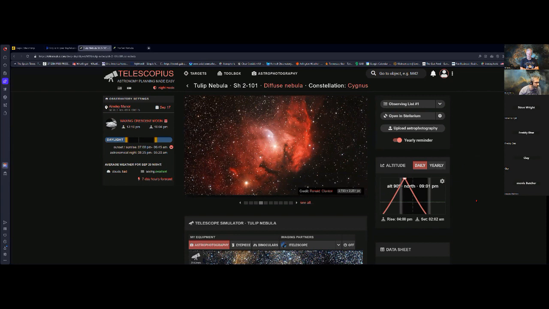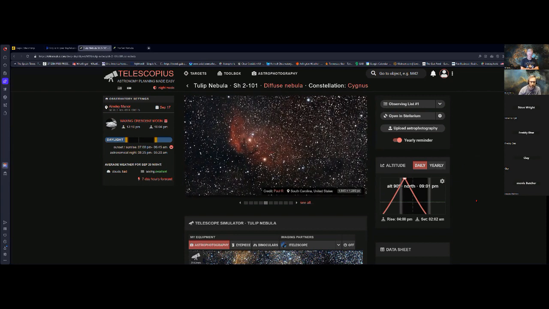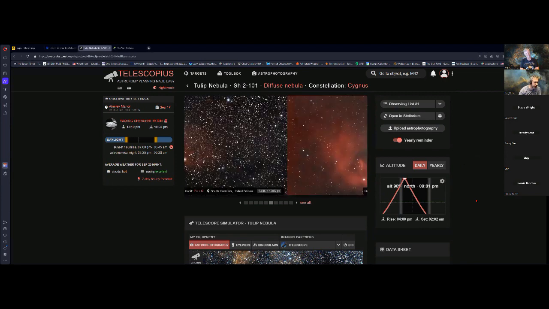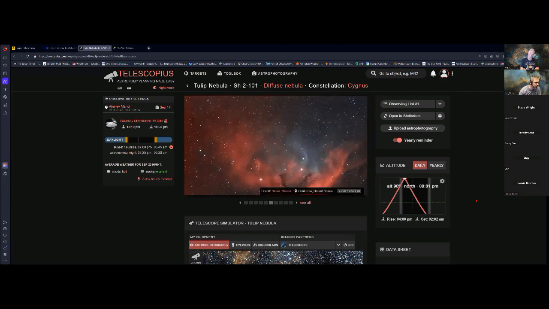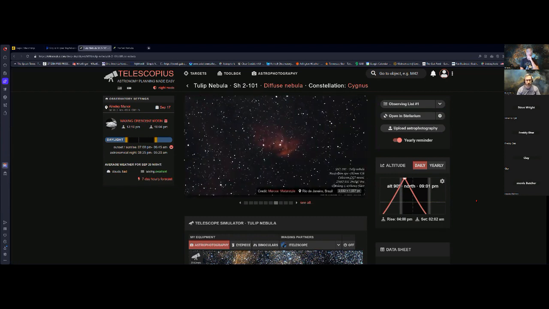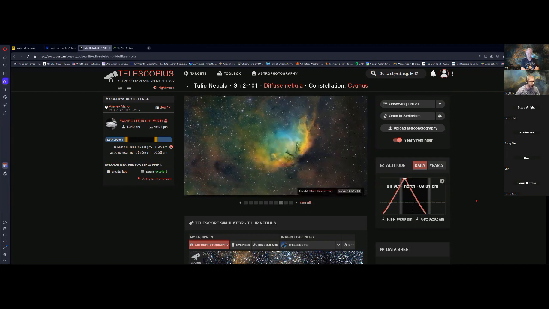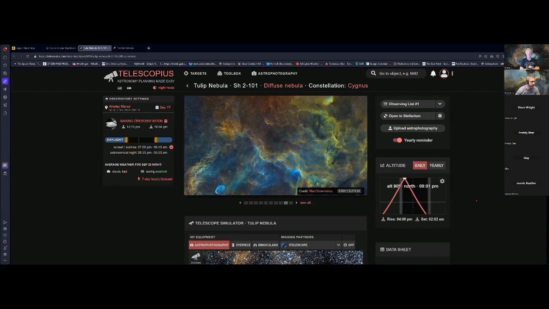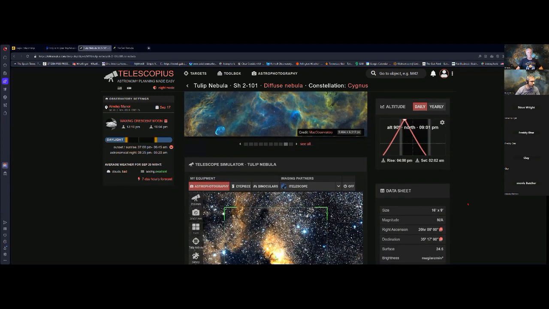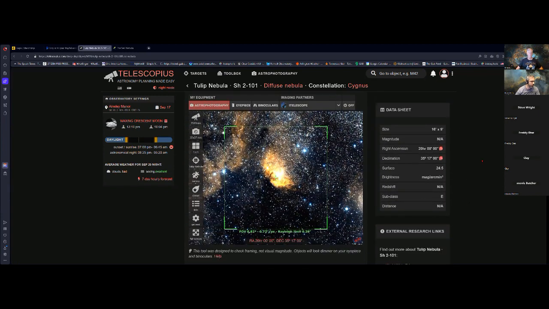Okay, candidate number one is what? I'm kind of a fan of the Veil, the Pickering Triangle, partially just because I've never done that one. I've got it wide field, but I've never focused on that middle area. Would you use the 127 for that, or would you put the wide field back on, if you were going to go after a Brent? Well, I figured it'd be the 127.